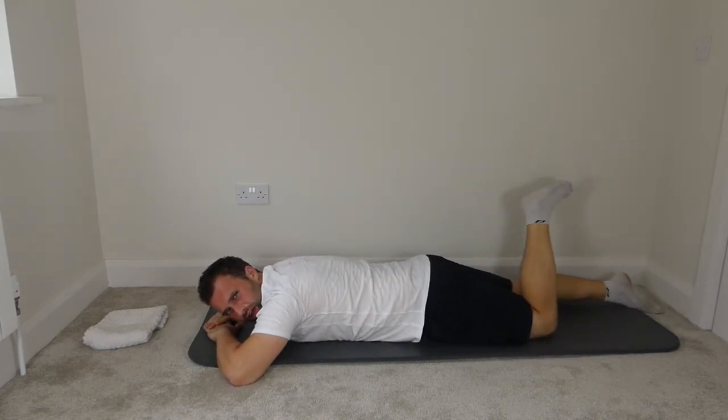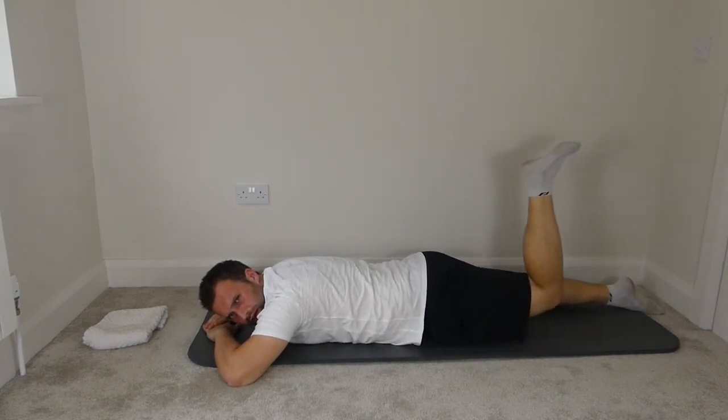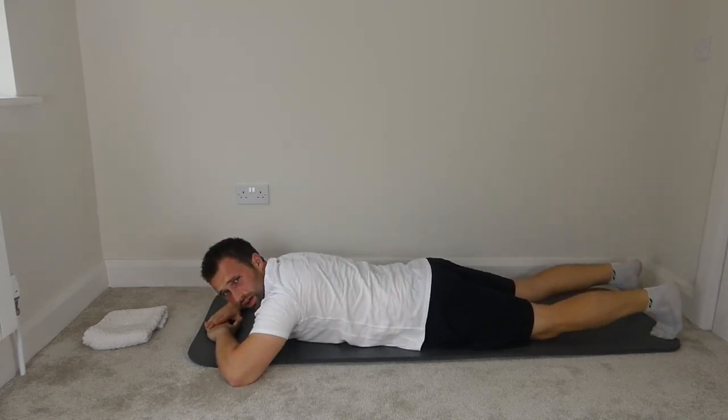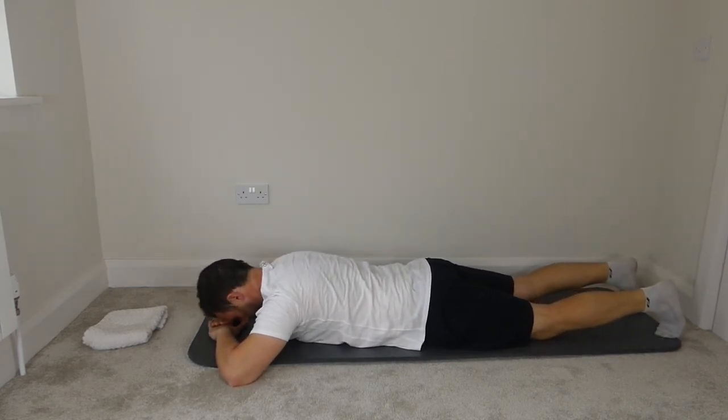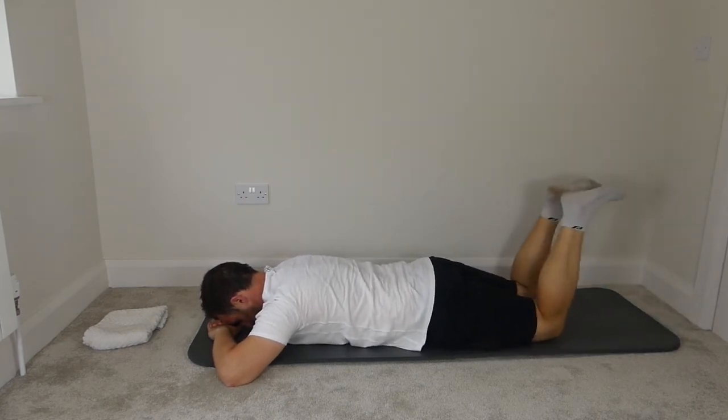So as you lift the leg, you don't want the knee flicking out to the side, you want to keep the foot directly above the knee as you push the heel up to the ceiling. We're going to do it again, we're going to do the 2 legs this time. So rest the head onto the back of the hands, imprint the spine, bend the knees,